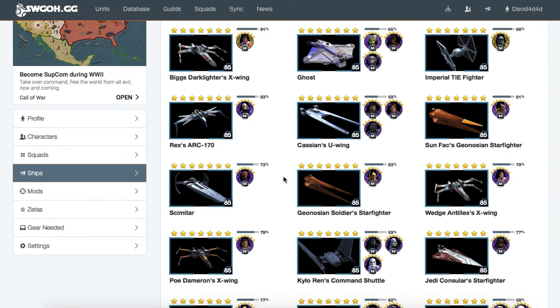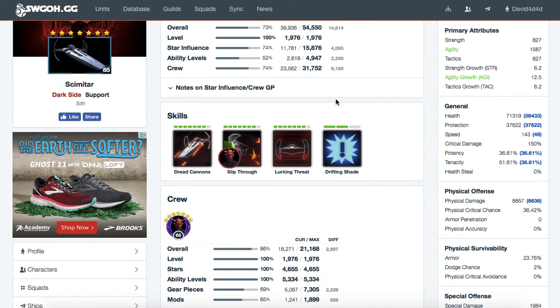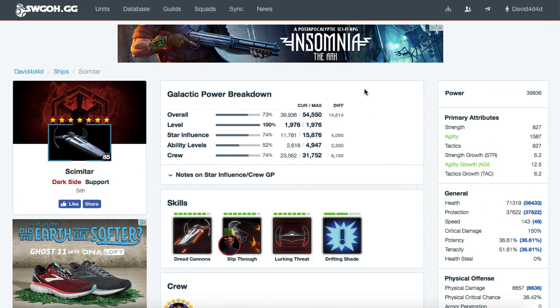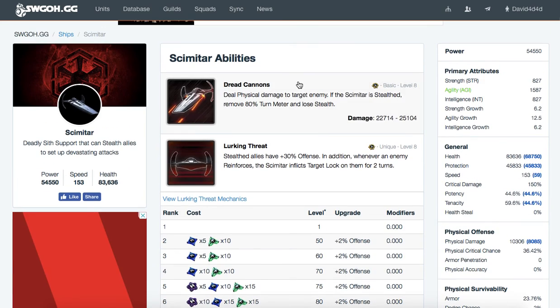What other ship haven't I talked about yet? I haven't talked about the Scimitar. So the Scimitar is honestly a ship I'm thinking about eventually replacing on my reinforcements, but it is a good ship. And one of the things that still makes it good, and is why it was always a reinforcement in the past as well, is